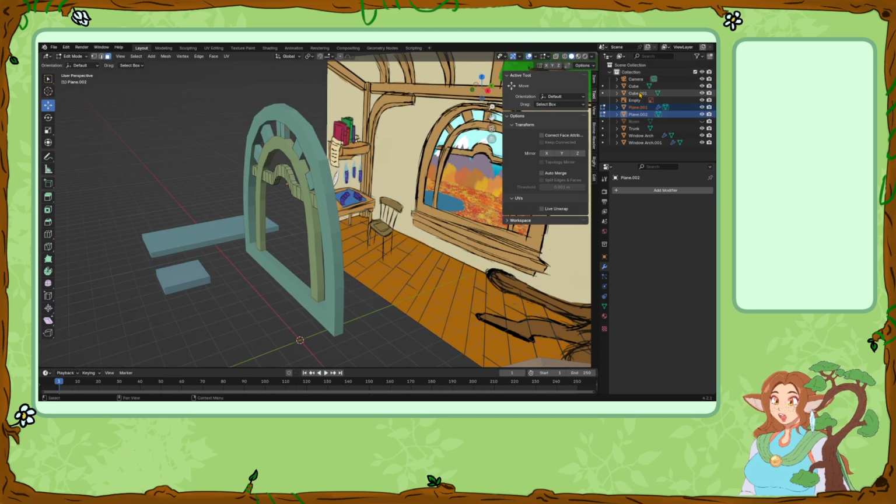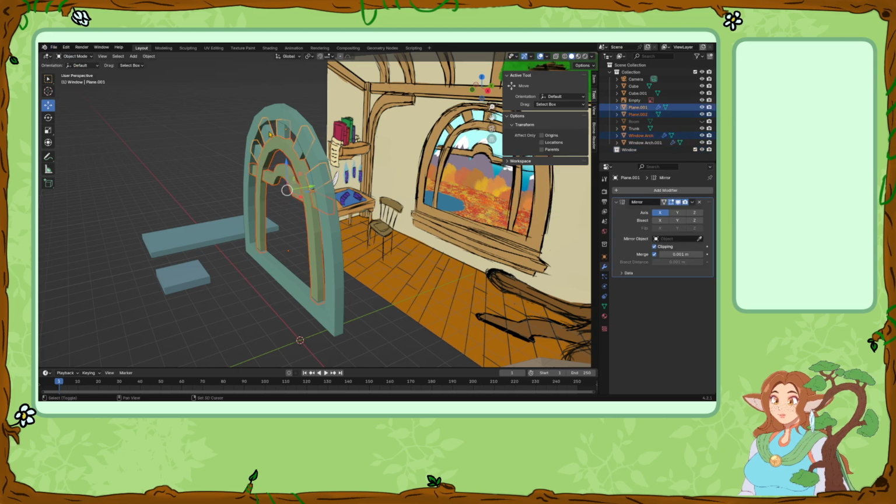Now for ease of access and ease of use, since there's probably going to be a lot of objects in here, I can create collections like this. So I'm going to say this is window. This is just for simple and easy organization, because gotta do that sometimes. And since we're here,